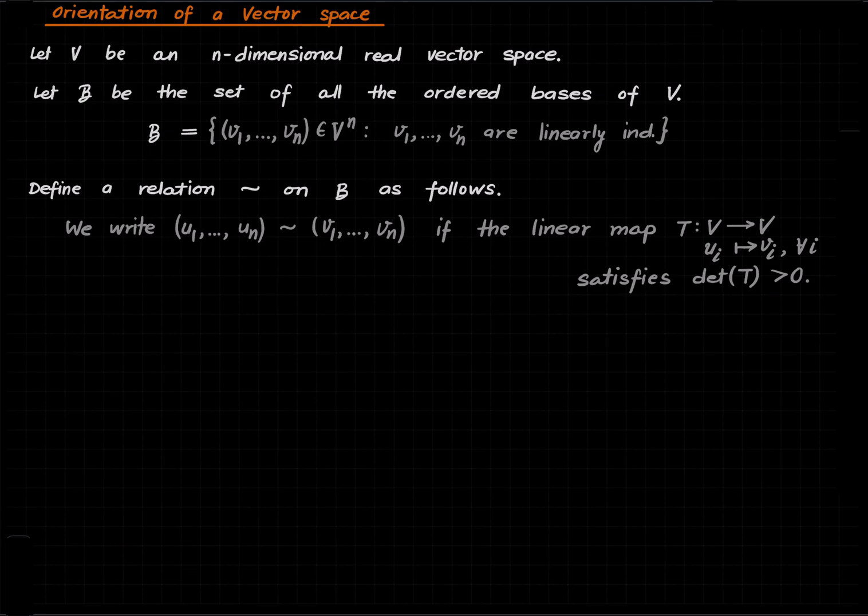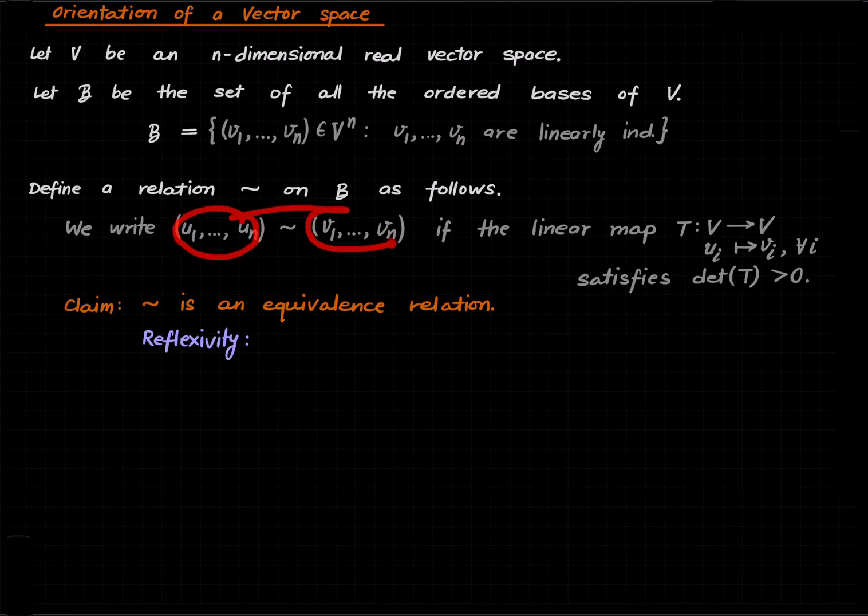Is it an equivalence relation? So we claim that tilde is an equivalence relation. Okay, so why is that? It's very simple. We need to check reflexivity. Reflexivity is clear because if these two things are the same, the linear map that you get is the identity map, which has determinant 1 and hence positive determinant. So reflexivity is clear. Symmetry,